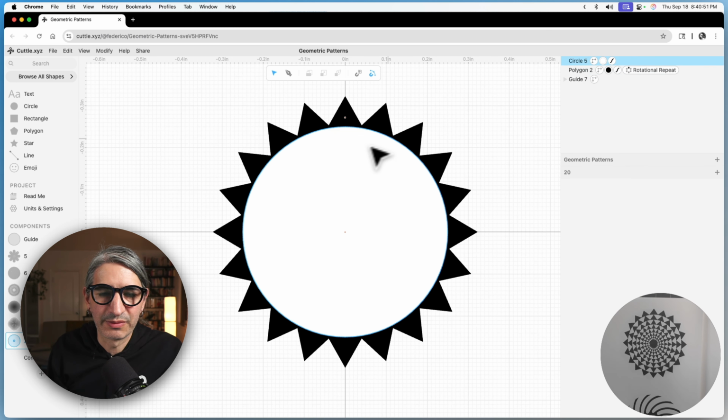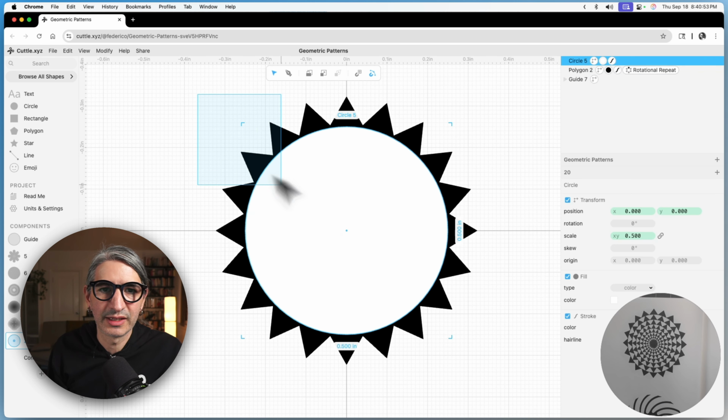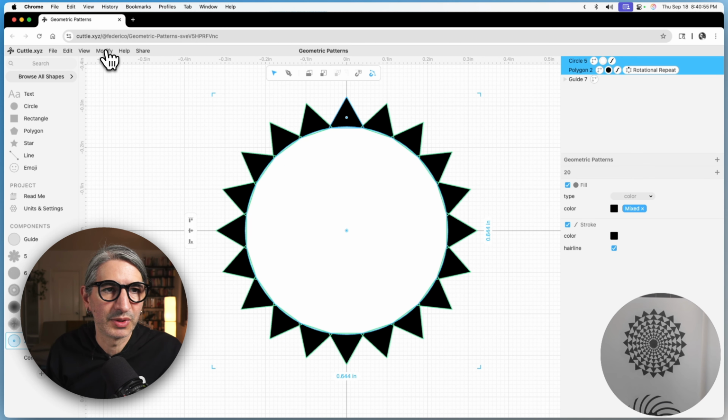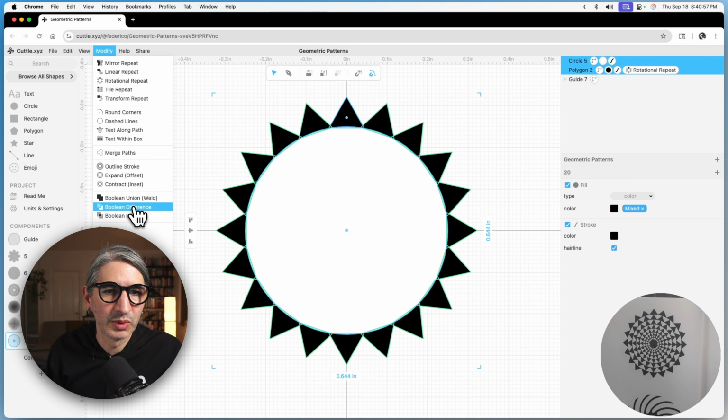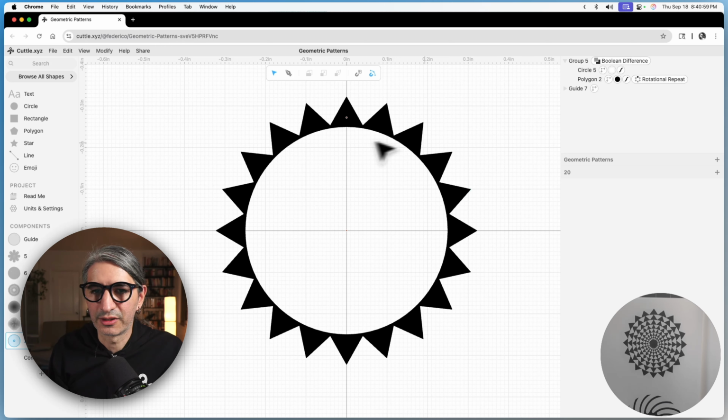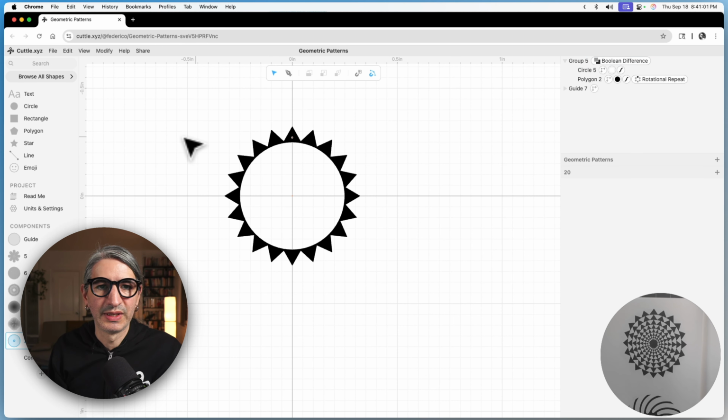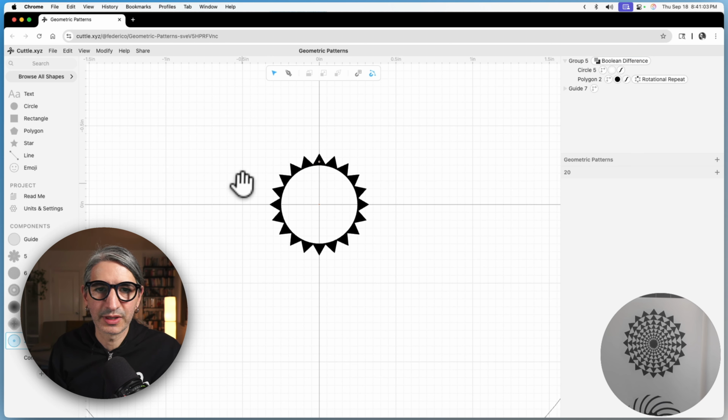So I get a really nice perfect circle, and then I'm going to subtract it from the bottom. So I'm going to use the Boolean difference. So I get the triangles, but then I get a nice circle. So for this one, I think I want to use the